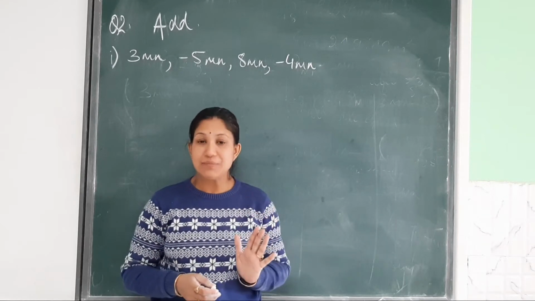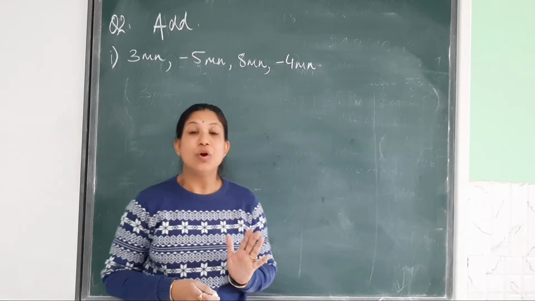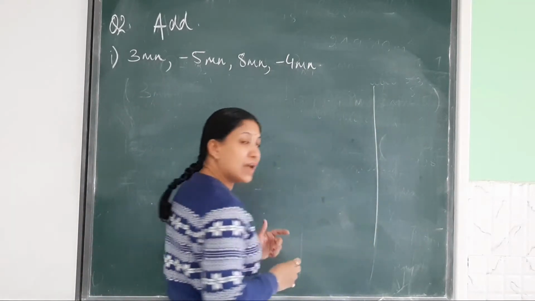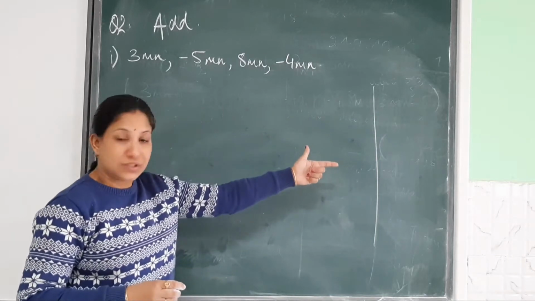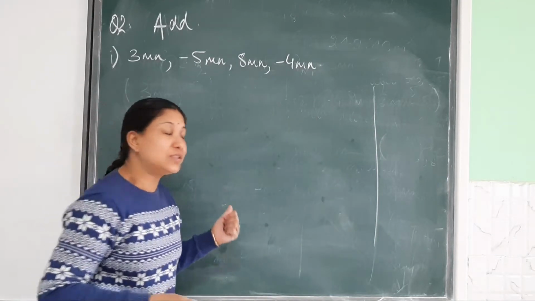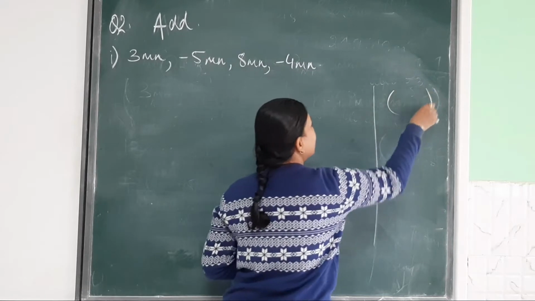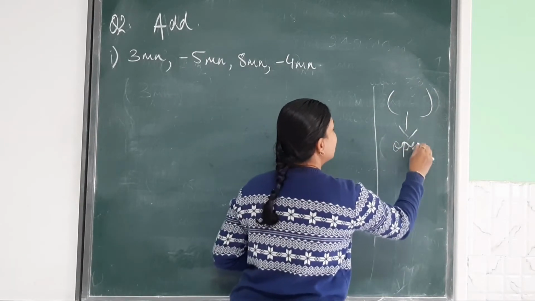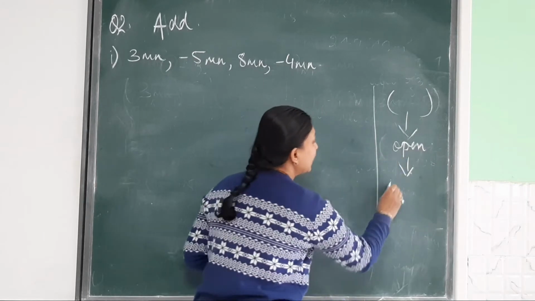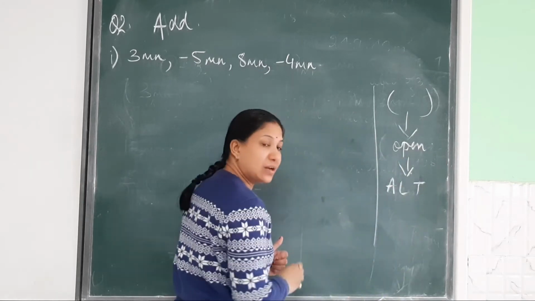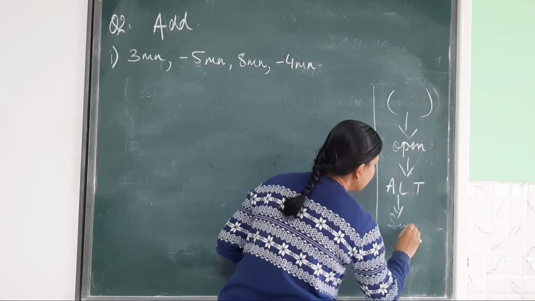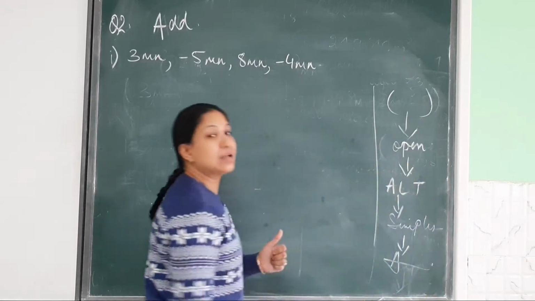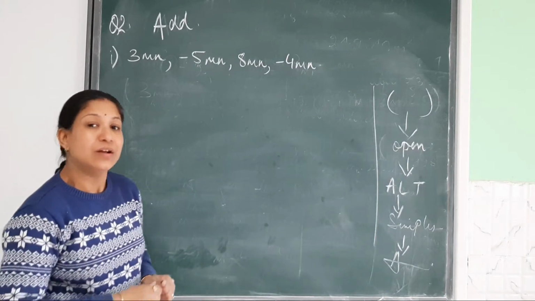5 easy steps I have discussed with you. What are those 5 easy steps? Let us first revise them and then we will follow the steps and we will get the solution. The first thing is learn to put a bracket. Then you will open the bracket. Then you will arrange it in like terms. Then you will simplify and what will you get? You will get the answer or the solution for that question.